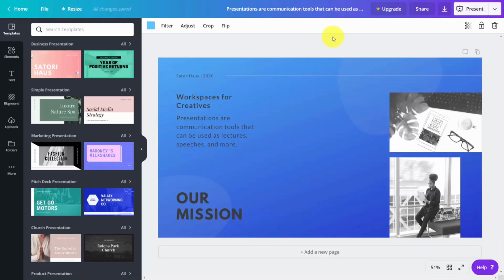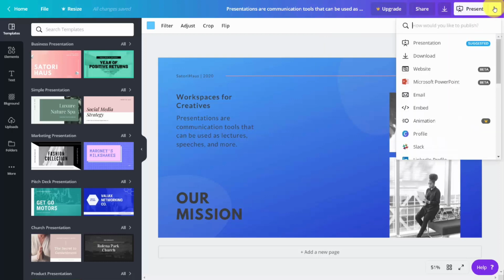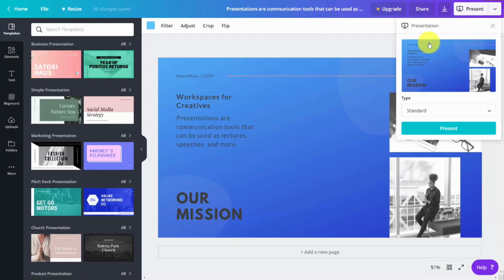Welcome back. Now one way to output the content is to output it into a presentation. And we can do that by going to this drop-down arrow, and you're going to see that there's going to be a link here for a presentation. What we're going to then do is to click that link. You're then going to see that we can download it into a standard presentation, and we can also output it